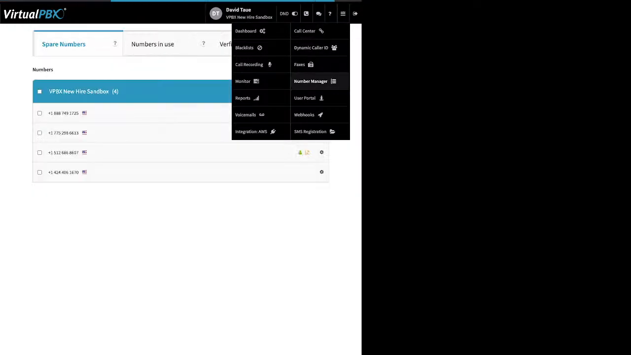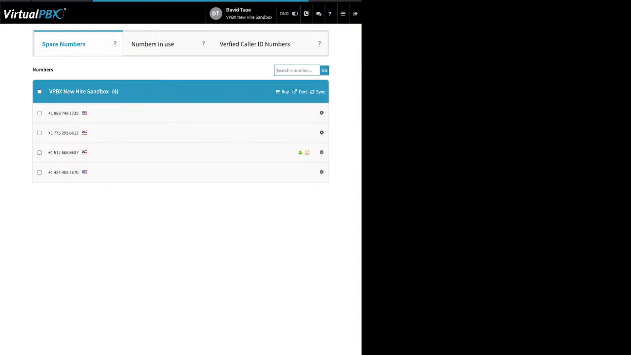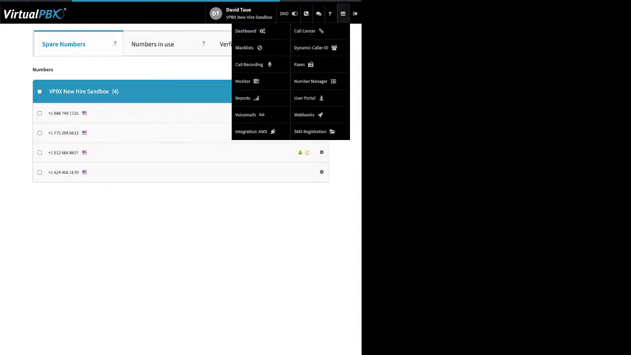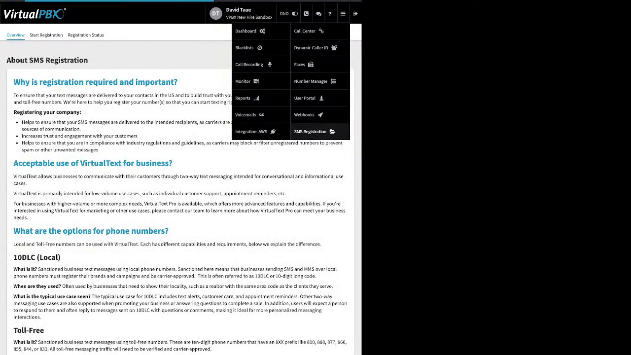Number manager, this takes you to your spare number page. I'll skip down here to the bottom. SMS registration. This is the process that you have to go through in order to make use of the virtual text feature. If you just signed up with us or you haven't made use of SMS at all, you're going